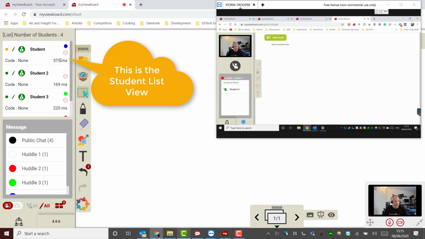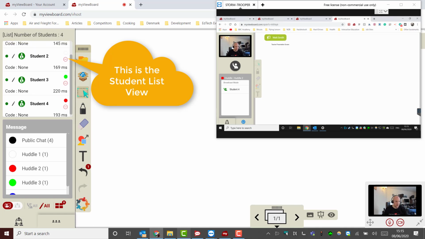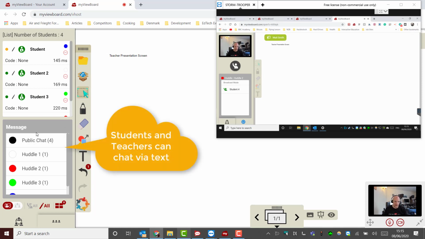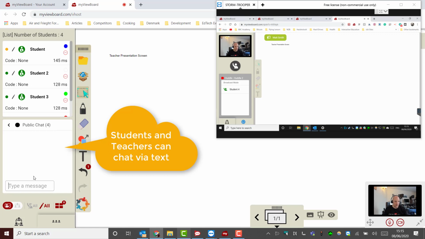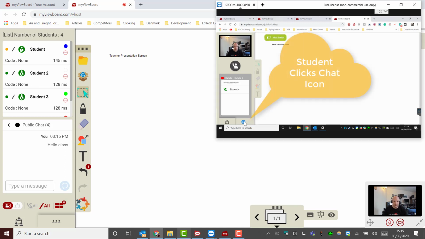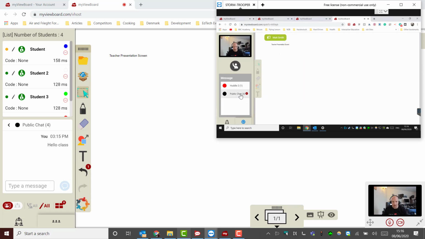So at the moment we're in a list view, and this shows us all of our students in this vertical list here. Now just underneath the list view, you'll see that we have a new feature, which is the ability to use a chat function inside myViewBoard. So we have at the moment 4 huddles that are set up, as well as a public chat. If I click on public chat here as a teacher, and I say hello class, on the student view I can click across to the chat room icon, click on the public chat, and you can see here that we have our chat,